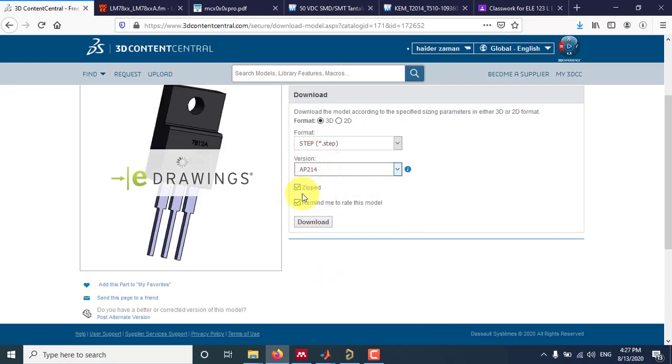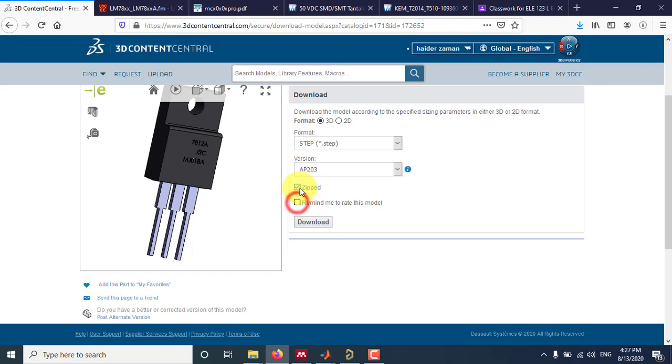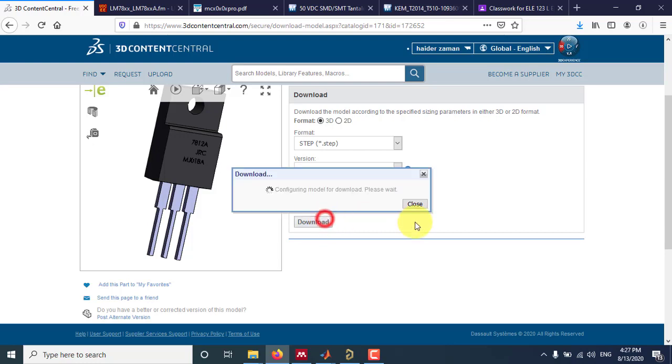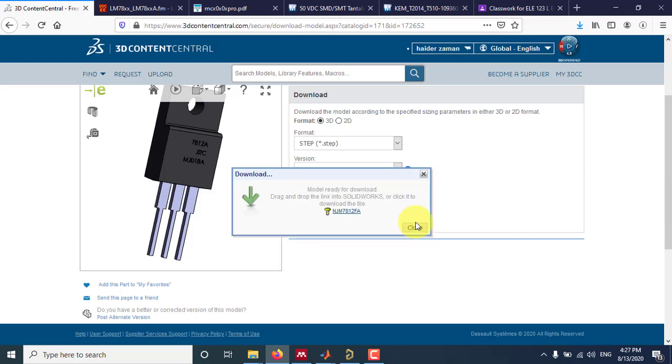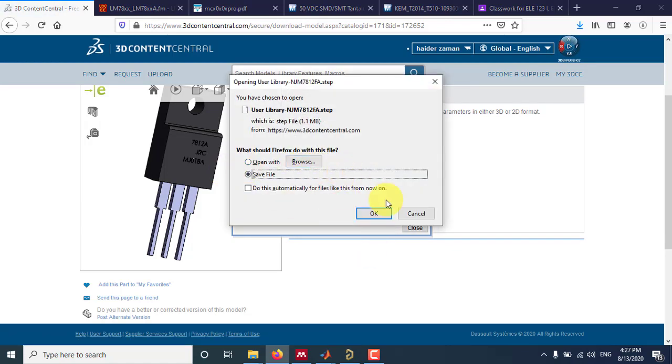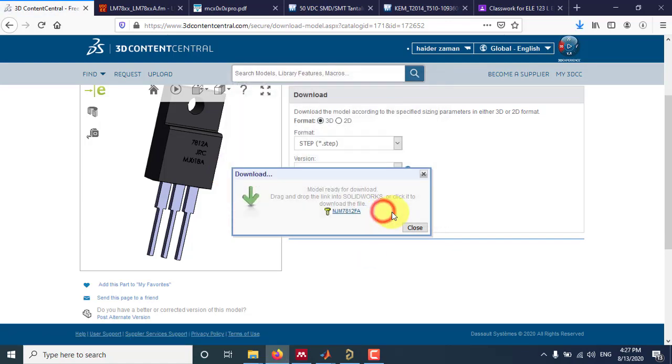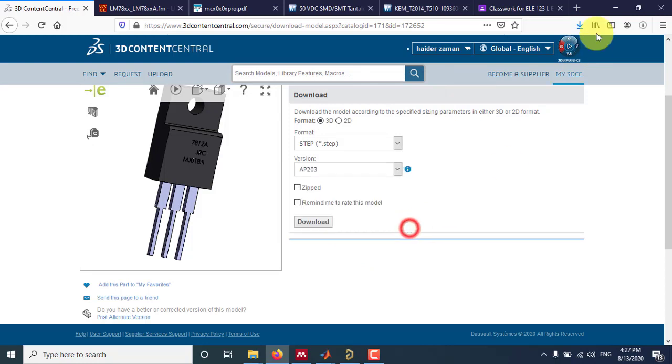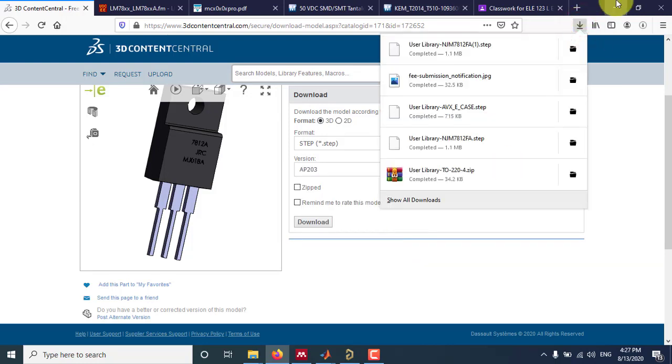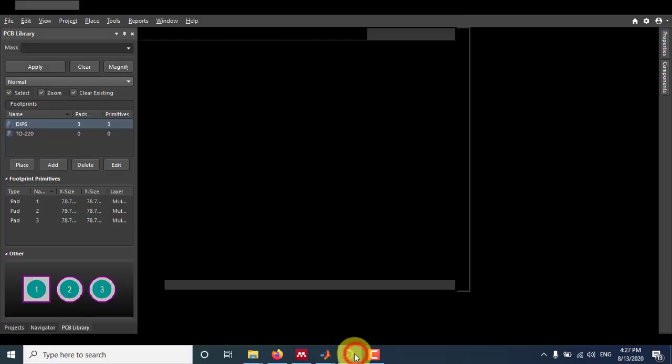AP 2003, and here you can see I can uncheck this zipped option. So now I can download and click this link. Alright, download. Okay. So now it has been downloaded. Now I can